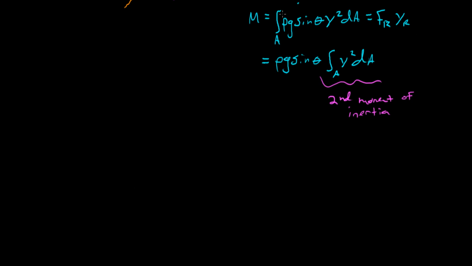If I rearrange this equation a bit, I can solve for the location of the force as measured along the angle of the surface, yr, as the integral over the area of y squared dA, that's the second moment of inertia, divided by yc times dA, where yc is the location of the centroid of the shape, and of course I've just botched this whole thing,